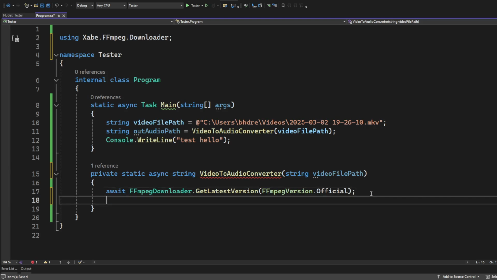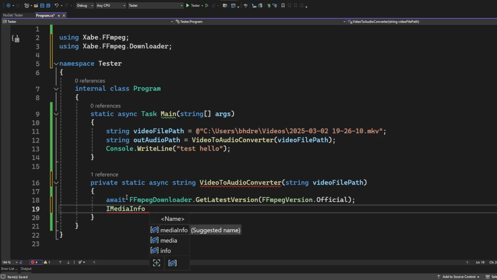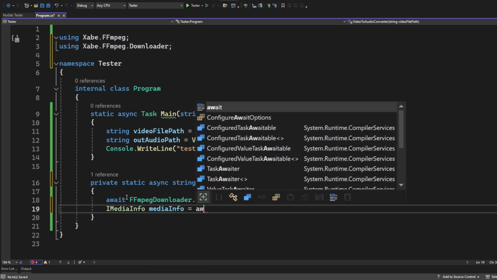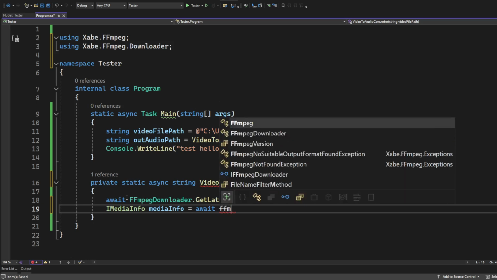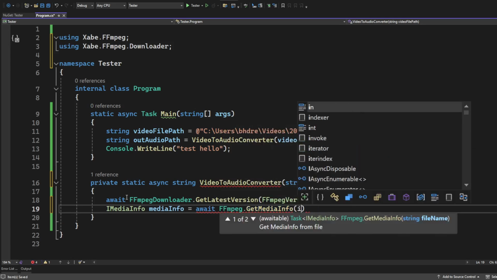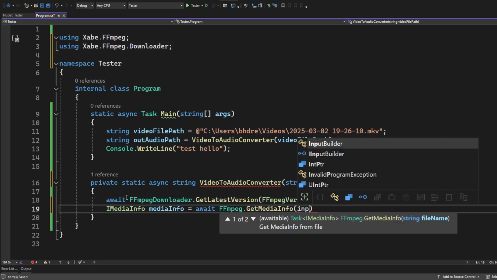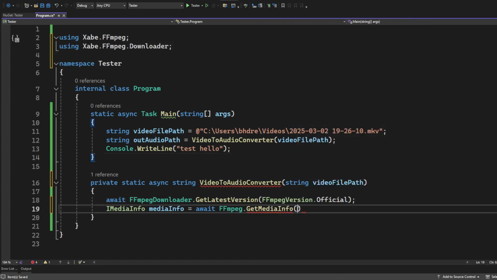Next thing that we will need to do is we will have to get that video file into our code. So for that, we will be using FFmpeg, and basically it will create a media info object from FFmpeg. So media info is equal to await FFmpeg dot get media info, and we have to provide input file path here. So this is where our file path will go. Okay, what is the name of file path? Video file path. Okay,